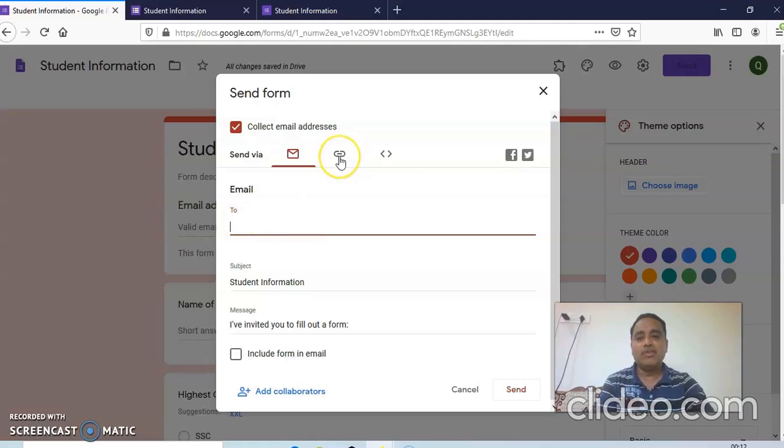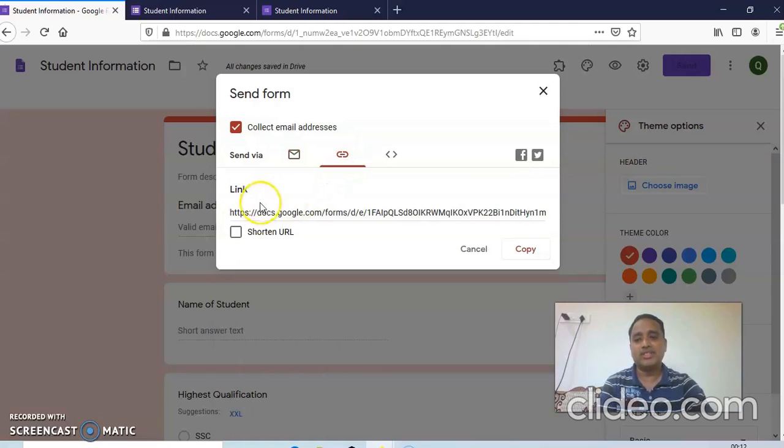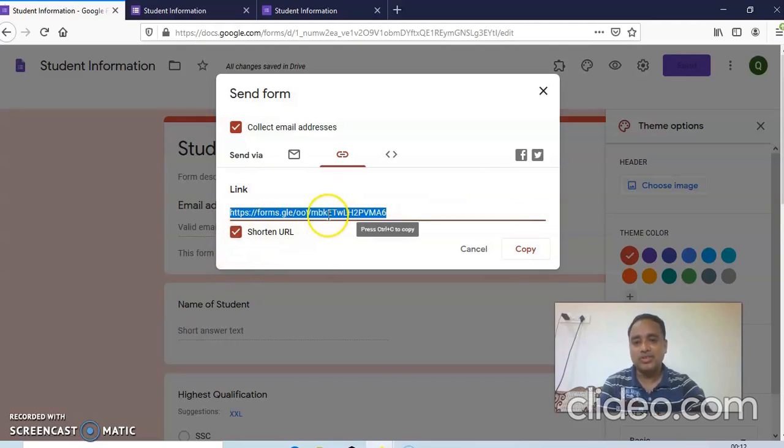Or if you want to share the link, so this link option is there. This link option is very important. So you have to take this link, this is the longest link, but a short link is required. So you have to select short link. So you have to copy this link.